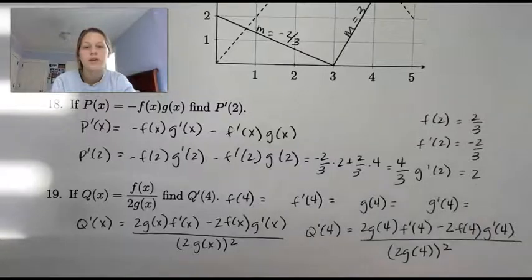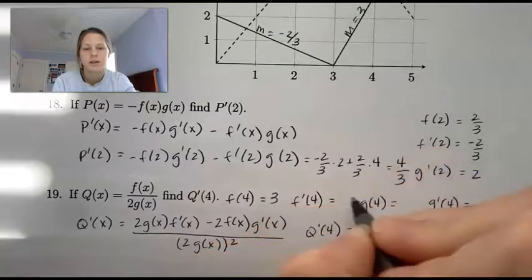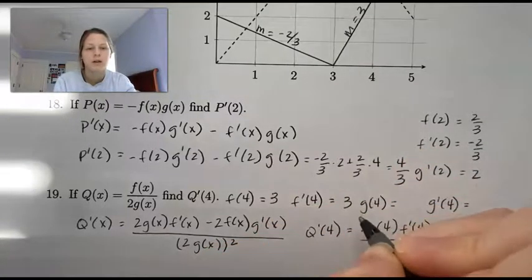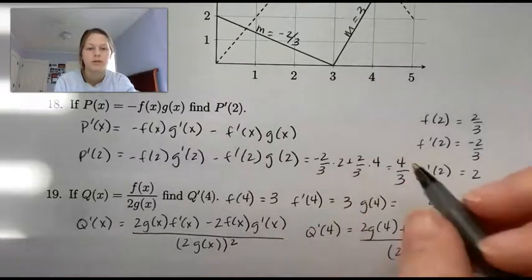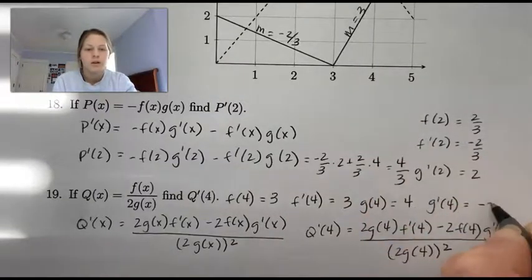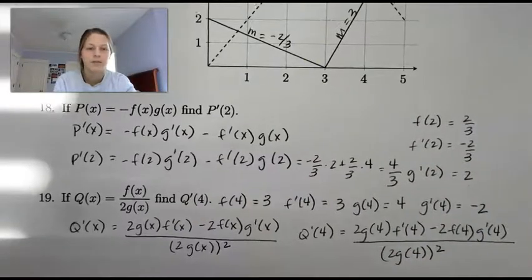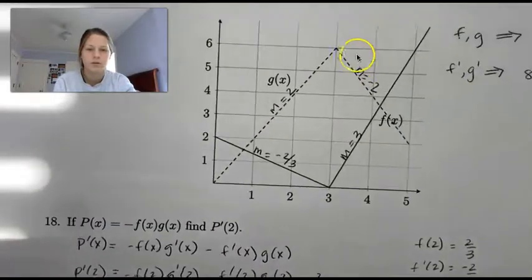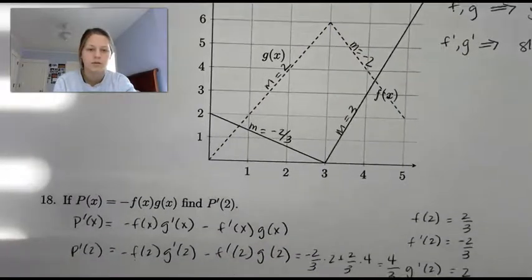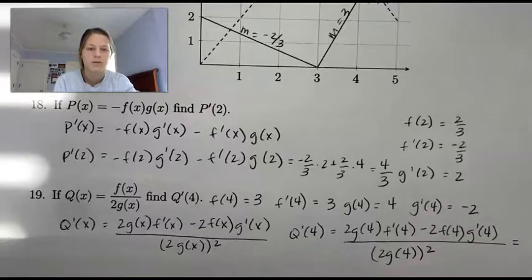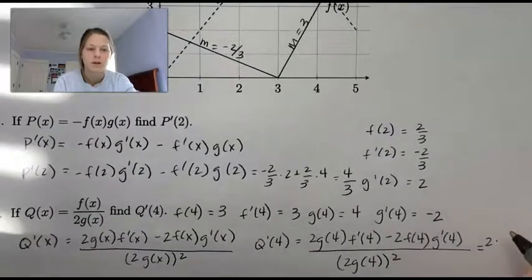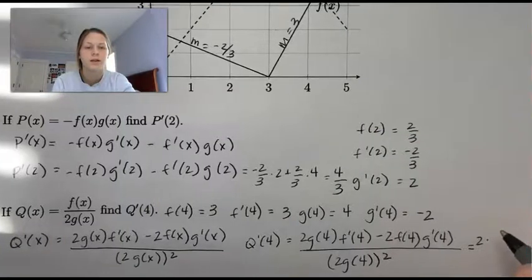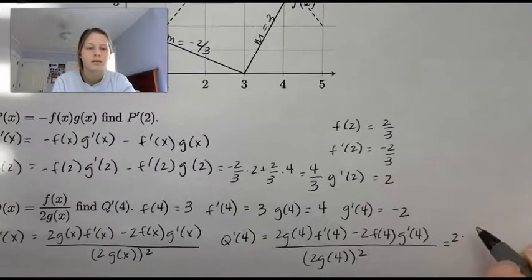So we found those values using the graph, and so I'm just going to write them out here so it's easier for us to find our final answer. And then let's go back forward a little bit. So here we're going to plug in the values we found,